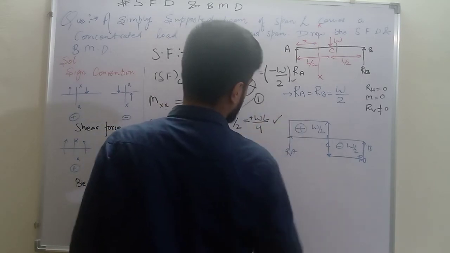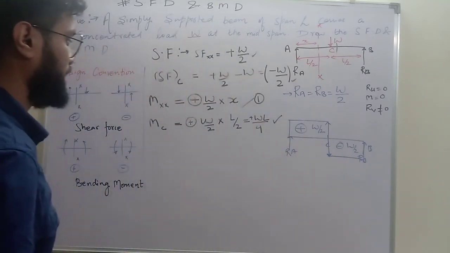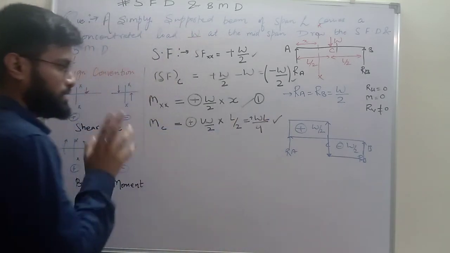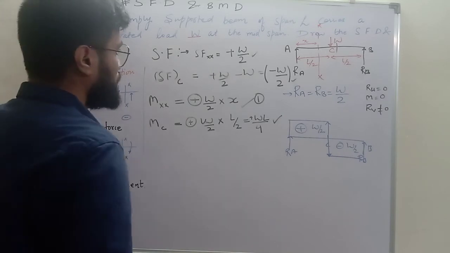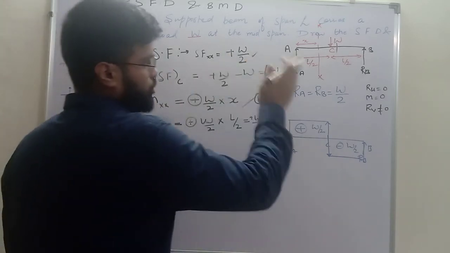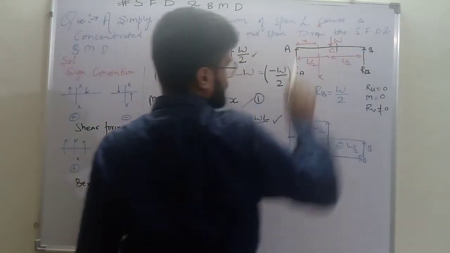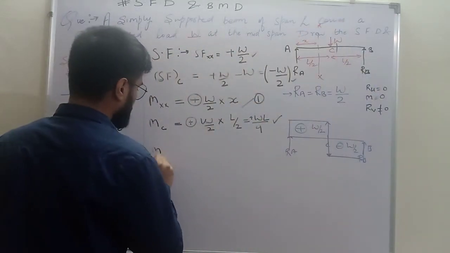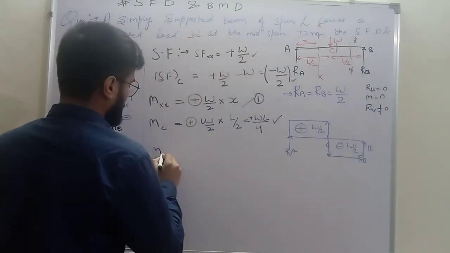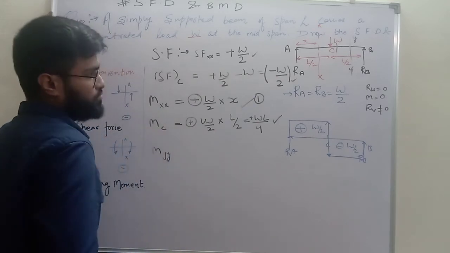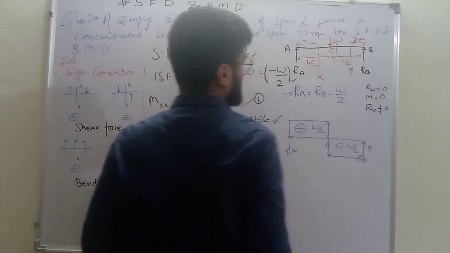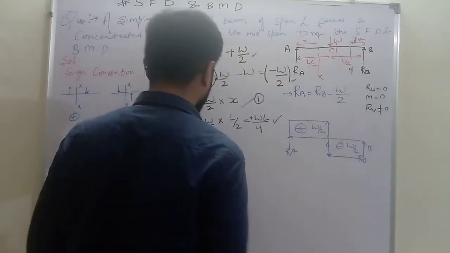So this can also be used to draw the bending moment diagram. So this is the WL by 4, plus WL by 4. This is the bending moment at point C. Okay. Now if we want to write the equation for the bending moment between point C and point B, take any section, between C and B. So if we take any section like this, YY, the bending moment at any section YY is at a distance of Y from point B.